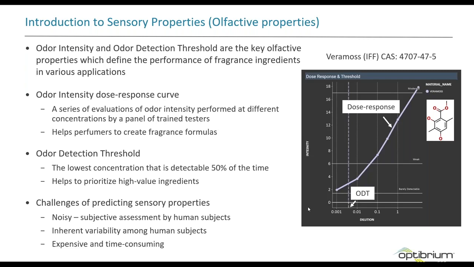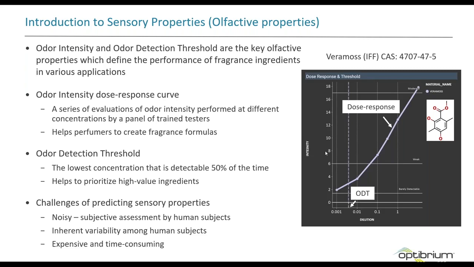And this is shown for Veromos. This is a molecule that's known for its mossy, woody odor. And panelists I asked to mark the perceived intensity on the labeled magnitude scale, which is a quasi-logarithmic scale of intensities relative to some standard benchmarks, and which has verbal anchors to show the possible intensity ranges. So the knowledge of this relationship helps perfumers to correctly dose different ingredients in a complementary fashion in different formulations